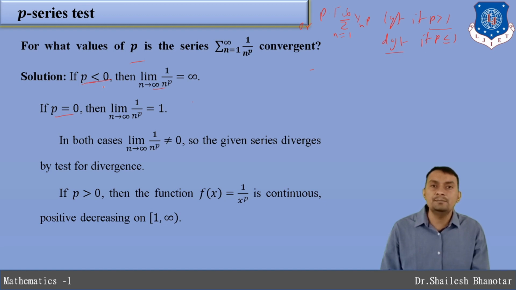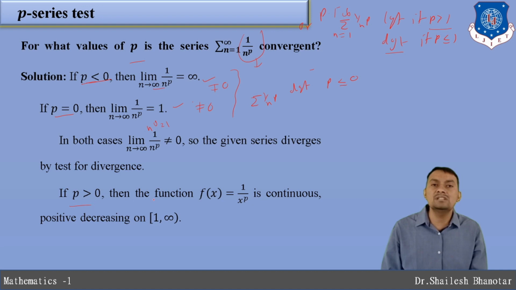So first let us start with p less than 0. Then the limit of the nth term, this is our nth term, 1 divided by n raised to p. So p is negative, so automatically it goes to the numerator. So when we take the limit, the answer is going to be infinity, therefore divergent. And when p is equal to 0, 1 divided by n raised to 0, n raised to 0 is nothing but 1, so we will get only 1. This is the non-zero case. What does that mean? The series 1 divided by n raised to p is divergent whenever p is less than or equal to 0.